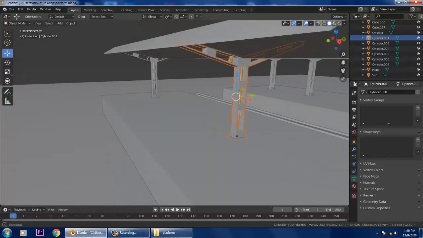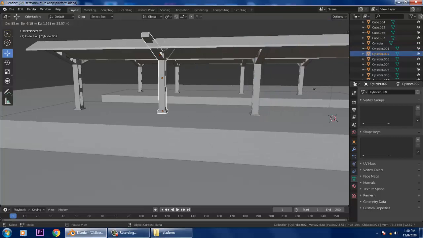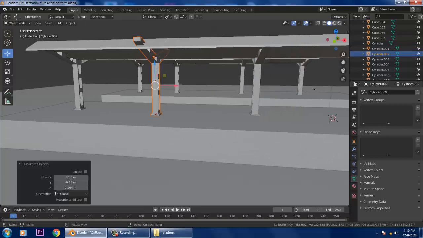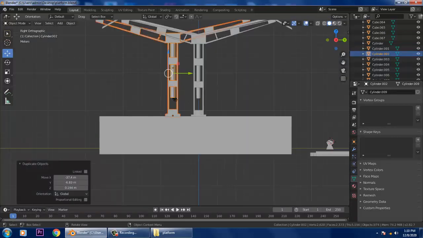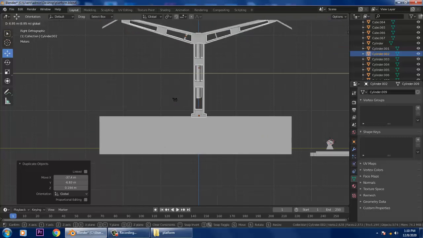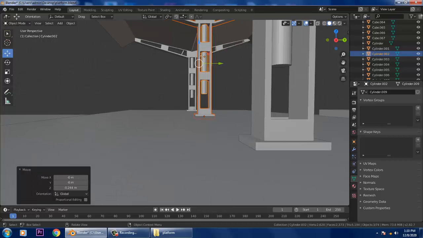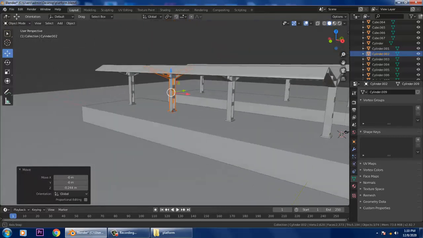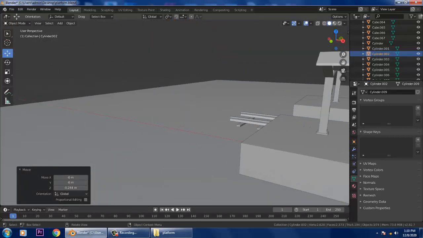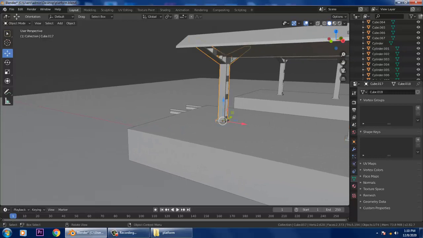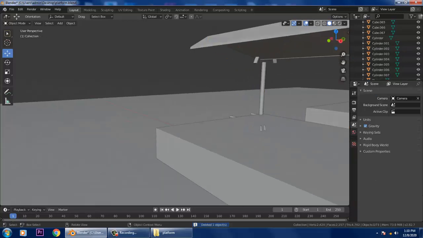Again, you can press Shift D and duplicate it. Slightly the same way, just push it down in the same manner. Again, select this and delete all of this.